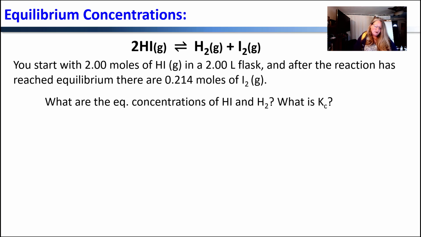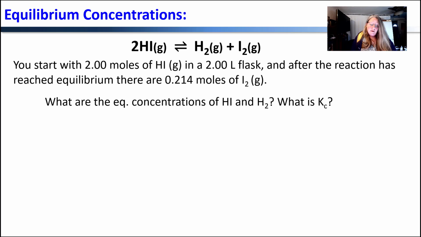Okay, so we'll start this lecture off with an approach at finding things at equilibrium and solving for equilibrium constant. That is a method that you're more used to, because we're going to use the 162 method, right? Where we can use our coefficients and what we actually have along with our new way of determining what our equilibrium constant is. So this question gives you 2 moles in a 2-liter flask of hydrogen iodide, and that reaches equilibrium and produces 0.214 moles of iodine gas. So we want to know what the concentrations are of the HI and the hydrogen gas and what the equilibrium